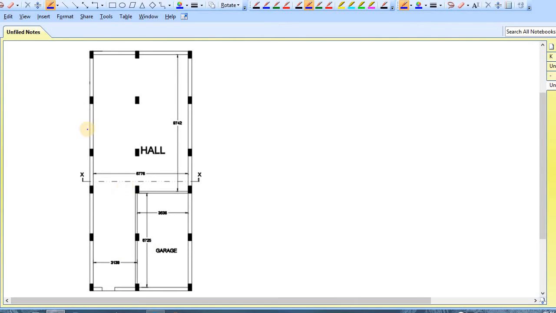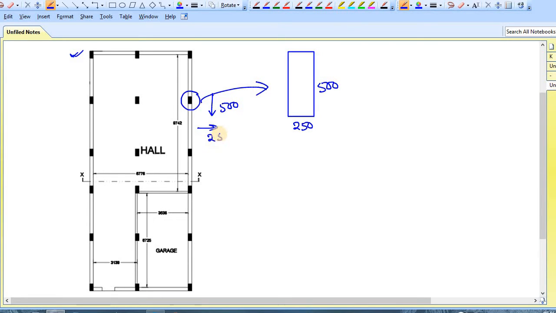I have cut the underground plan, and this is not cluttered, that's why I have taken this one. Here you can see the column dimension is 250 by 500. In the present orientation, along the length it is 500 and along the width or breadth it is 250.